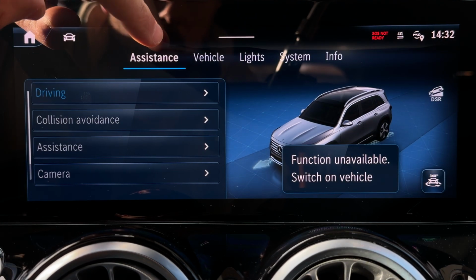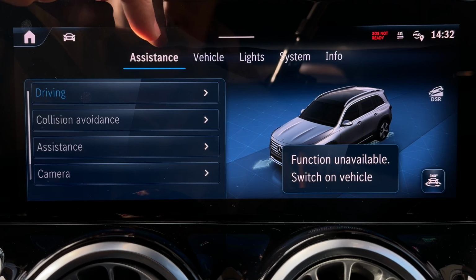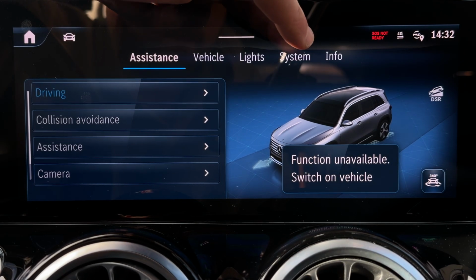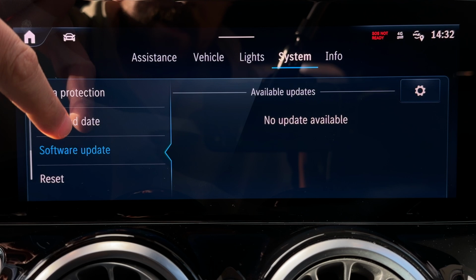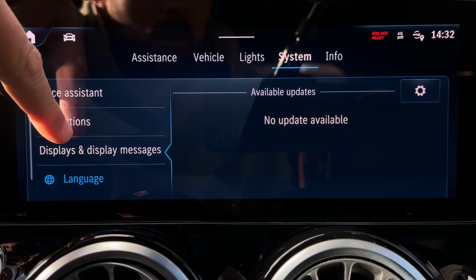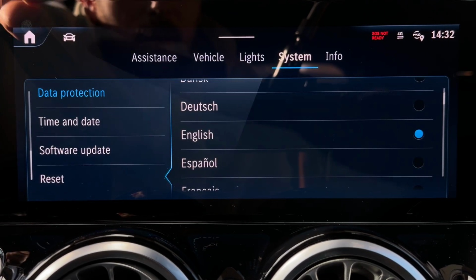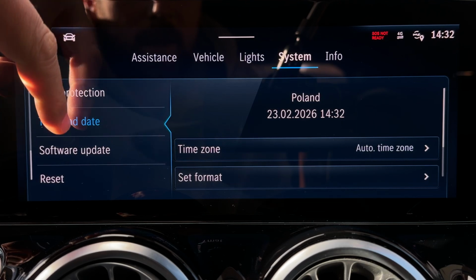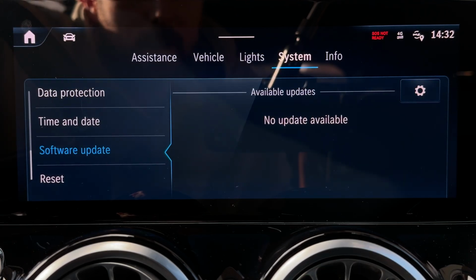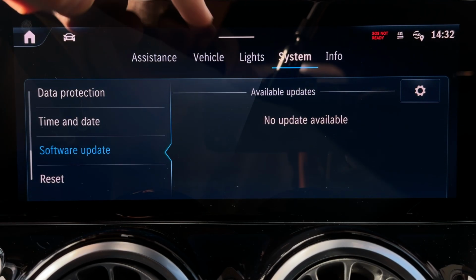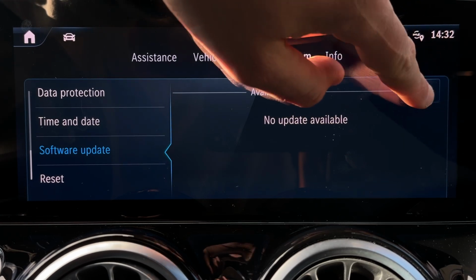And here you can change from assistance, so from the first tab to the fourth tab, which is system. So let me open system. Now you can navigate by using the left menu, scroll down to the bottom of the list and select here software update. As you can see, in my case, there is no update available, but I can tap here the